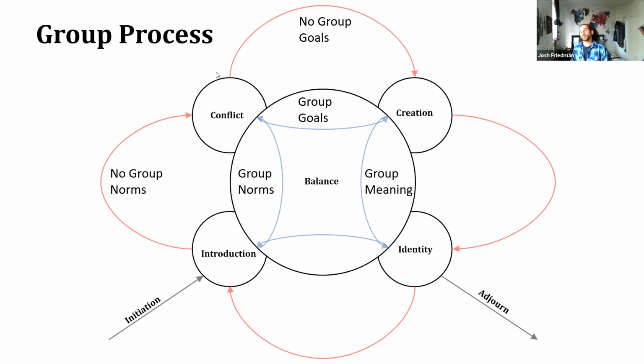Additionally, a way to increase balance from creation to identity, right, is that the group has an opportunity to establish meaning as a whole group together, right? And say, oh, this means this to me. Say, oh, that doesn't mean that thing to me. This is what it meant to me. And all of a sudden now we have these 2 perspectives that we can see what actually was reality instead of just one person's reality. We can make it very explicit and clear what's going on in the group.